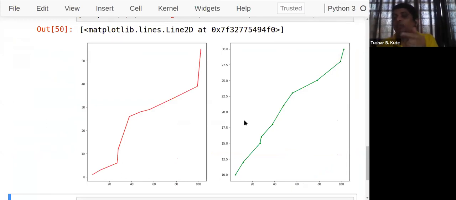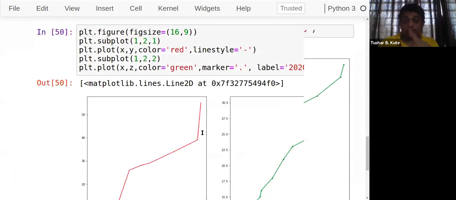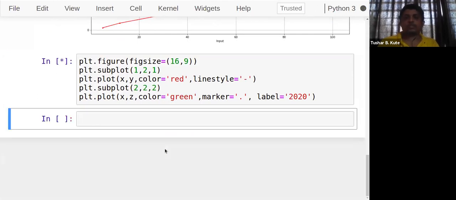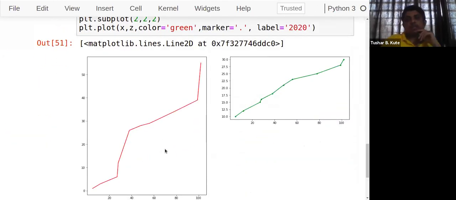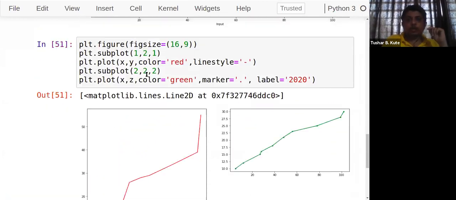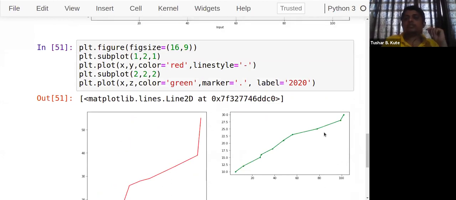So an above and below combination is there for a 2 by 2 matrix. Two, one here, here, here, one here. So this plot, which is shown over here, is plot number 2 in the 2 by 2 matrix. And the plot that we can see over here is plot number 4 in the 2 by 2 matrix. Correct? Check it. That's the diagram I have shown there. So in the 2 by 2 matrix, plot number 2. See that. In the 1 by 2 matrix, this is plot number 1, and in the 2 by 2 matrix, this is plot number 2. Check this. 1 by 2 matrix, plot number 2.